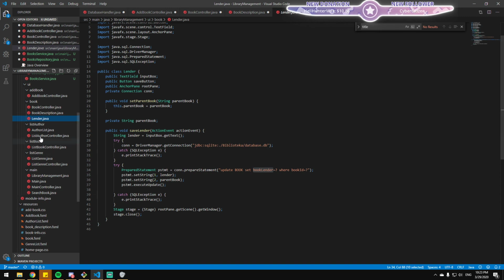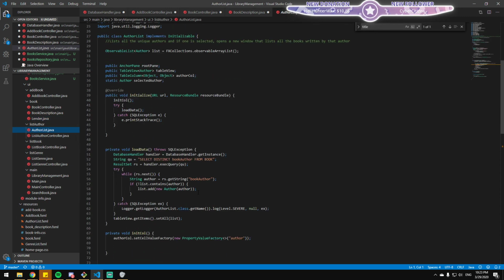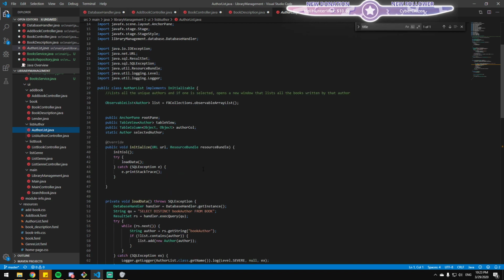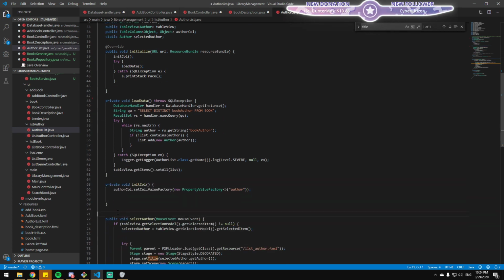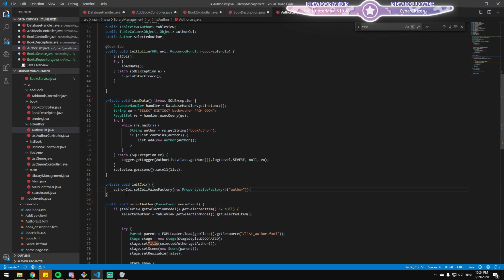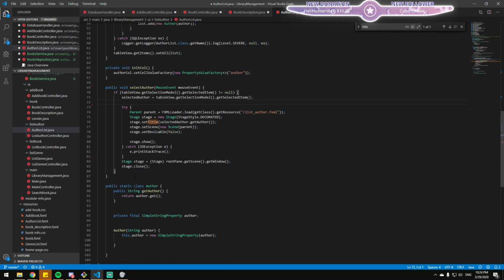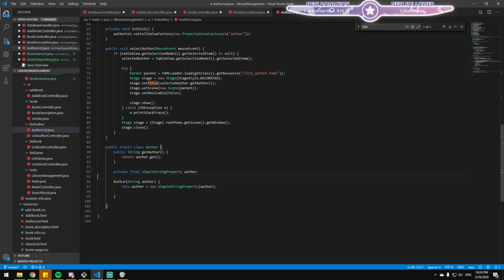Okay, so we covered this author list. Again, it's a similar thing: when you separate your logic or your requirements into layers, rather than have author list, author controller, whatever, I would just have author, which would be your model, and then you could have author controller, and that should be fine.